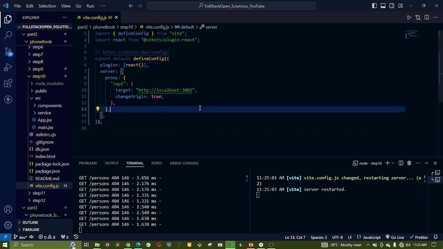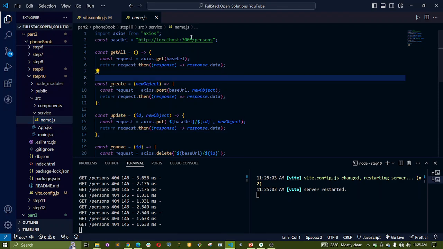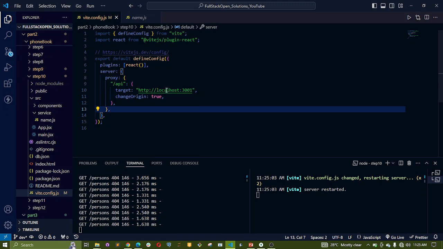So what we need to do next, in step 10, is go to the service, then go to name, and edit this base URL to /API/persons, right? Because as of now, we are able to grab this entire part of the endpoint, which the front end has been exposed to in the vite.config here. So the next thing we need to do is to add the remaining